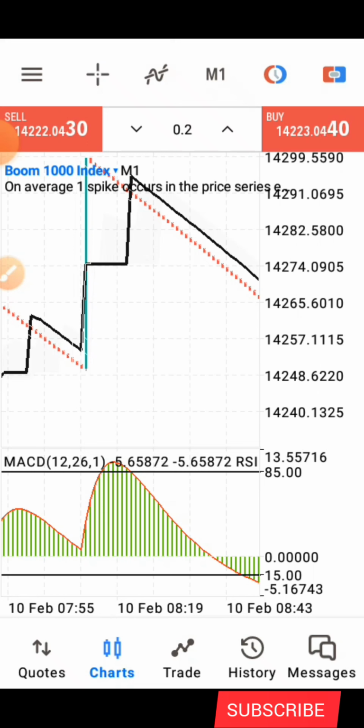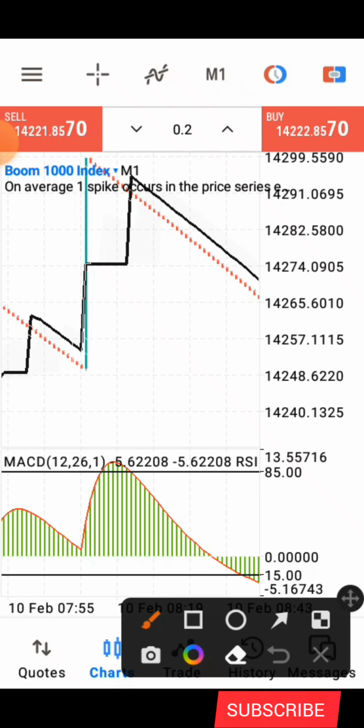Alright, now that is all for the setting. Now how does this strategy work? It's very simple. It's a very simple strategy, but it's powerful. Right, now